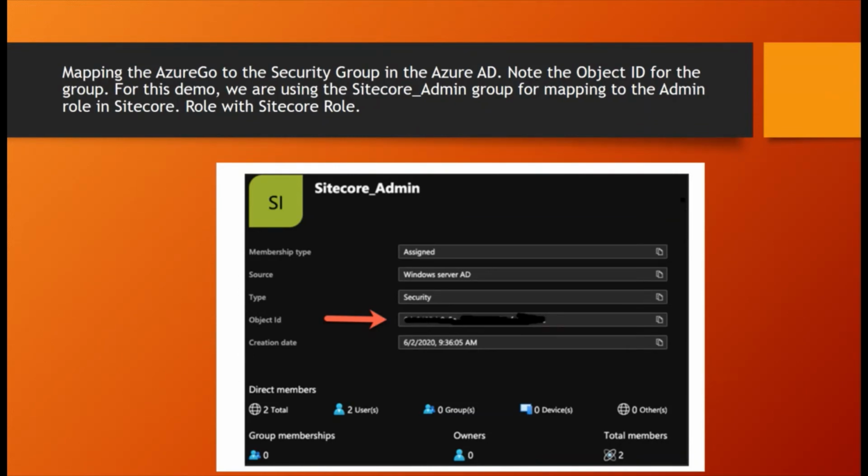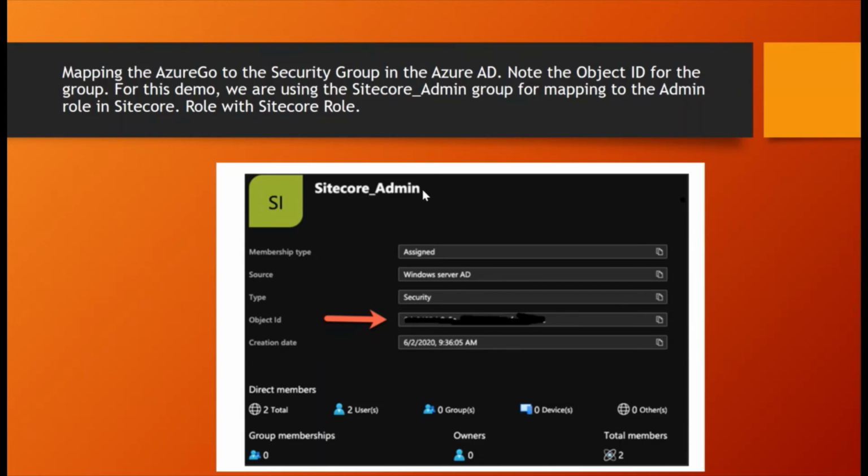For authorization, next you need to select the Sitecore role. In the portal, for the Sitecore admin role, you need to copy the object ID, which is a GUID. For this demo purpose, I am using the Sitecore admin role.